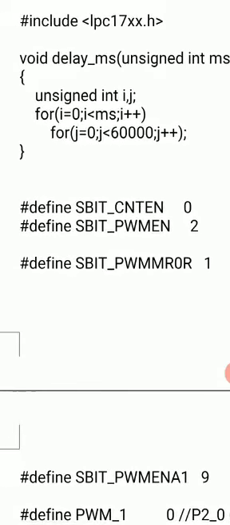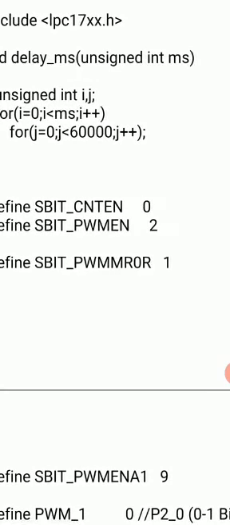Next comes, as I said, whenever the match occurs, we have to reset the timer counter value, right? So that is done in the MCR register, the match control register. So set the bit of PWM MR0. MR0 means the match register, when it occurs, you have to reset the timer counter value. That's what the name is given here. So what that means is, PWM MR0, whenever the match register reaches the maximum value, it has to reset the TC. Okay, so that is the first bit in the MCR register. Okay, so that's why we use this.